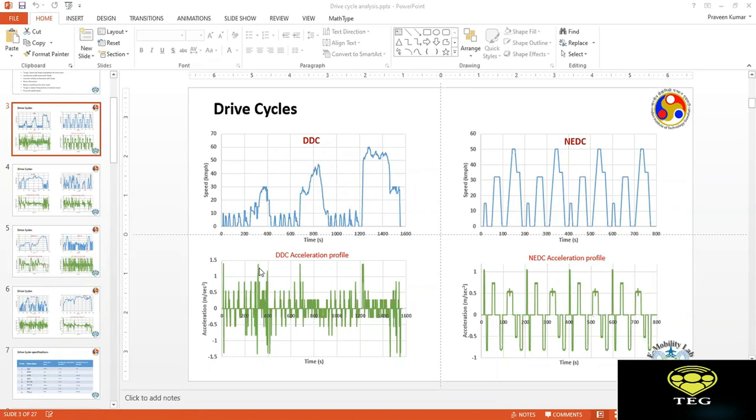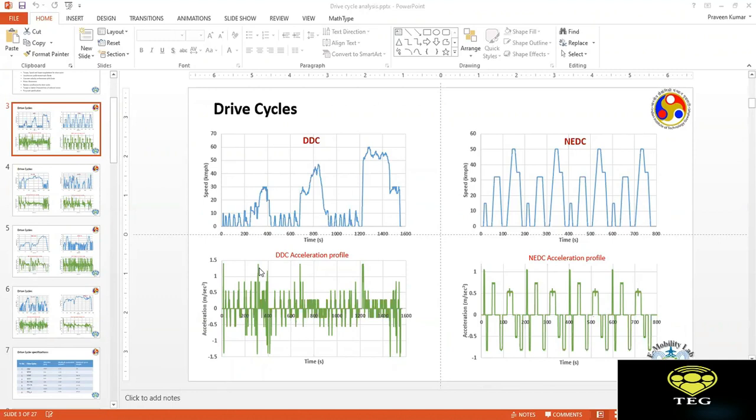But here it takes into account Sundays, Mondays, Tuesdays, and so on. It takes into account the traffic conditions at 5 o'clock in the morning, 8 o'clock in the morning, 4 o'clock in the evening, whatever you can imagine, on a hot day, on a rainy day. So it has all those features included already. We can't say average. It's the best representation of the driving behavior that one could expect in Delhi's traffic conditions.